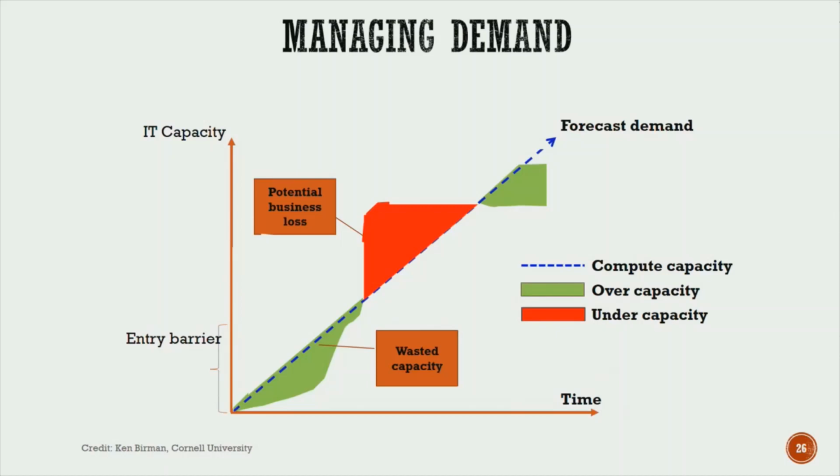Right. So if we follow this forecast demand of a constant line, what is the problem with that? The problem is, if my demand patterns are here, I lose my customers, right? And if my demand patterns are here, then I waste my resources. So I somehow need a certain way to manage my resource demand and supply, so that neither do I waste my capacity nor lose my customers. That's the balance you need to strike as a cloud engineer, as a cloud administrator, so that your company keeps in business and keeps making a profit.